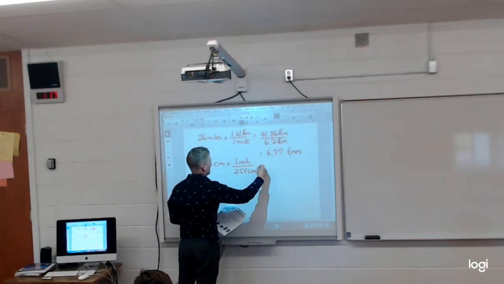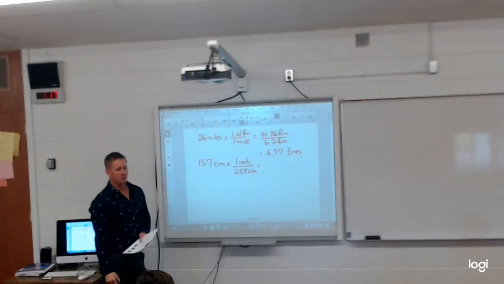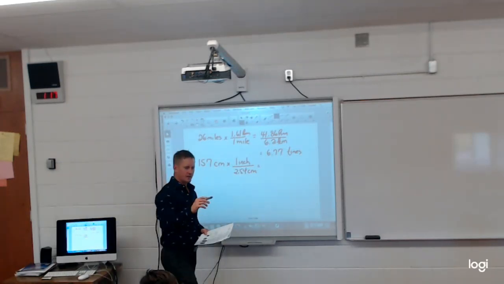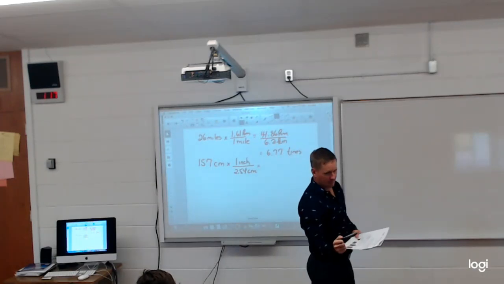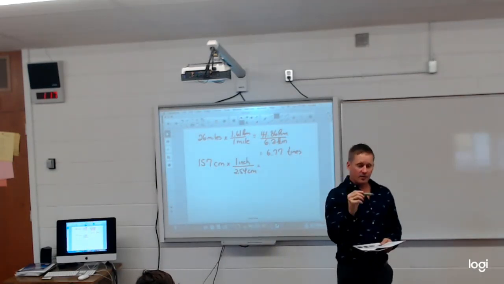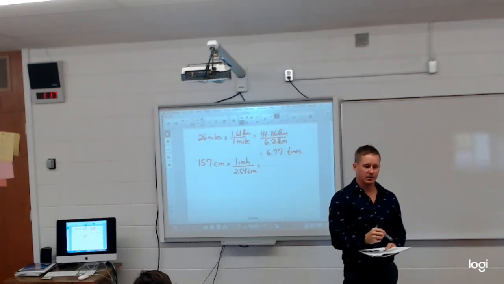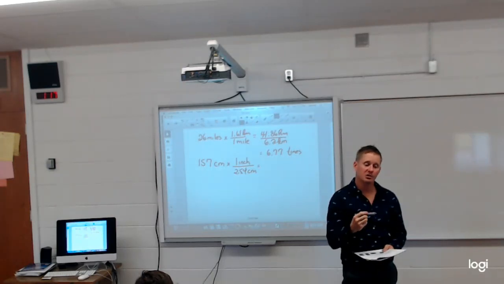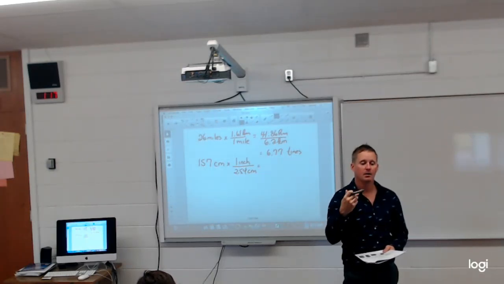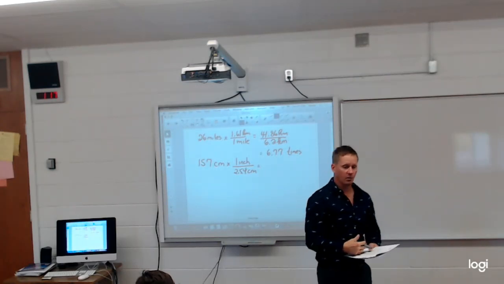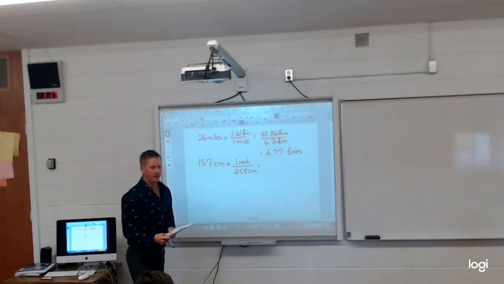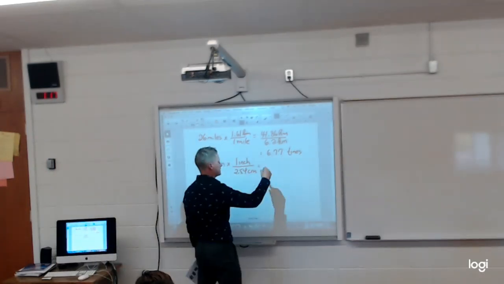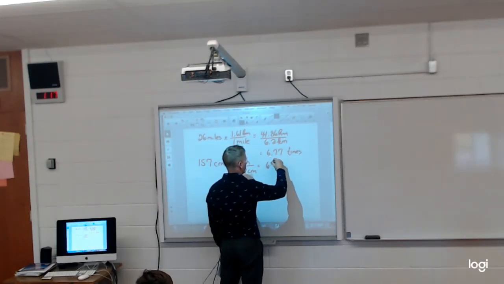Hold on, bud. I want you to think of something, because you made the same mistake again. If you have centimeters and you have inches, which one is going to be smaller when you're comparing? Centimeters. The centimeters are smaller, but you're going to have a larger number for centimeters, with less of a number for inches. So what did we have to do here? Divide. Okay, so 157 divided by 2.54 is 61.81